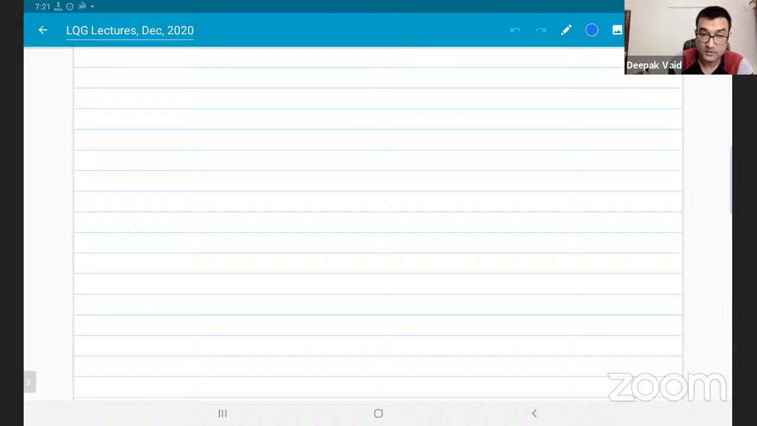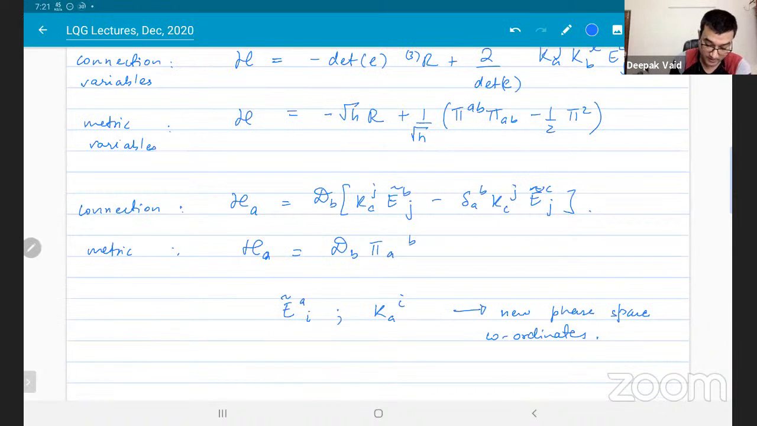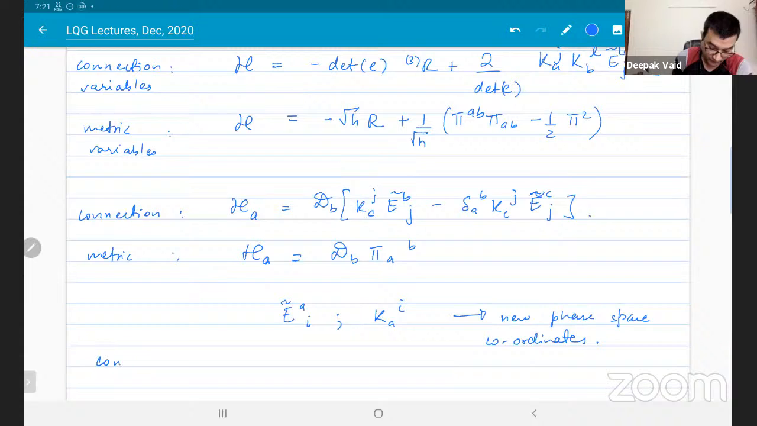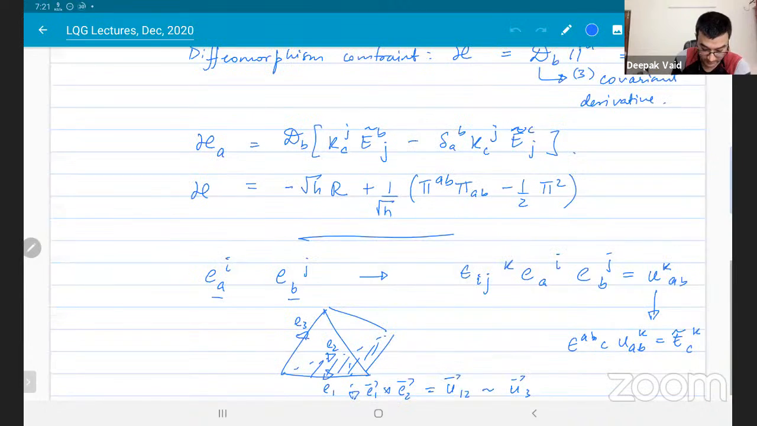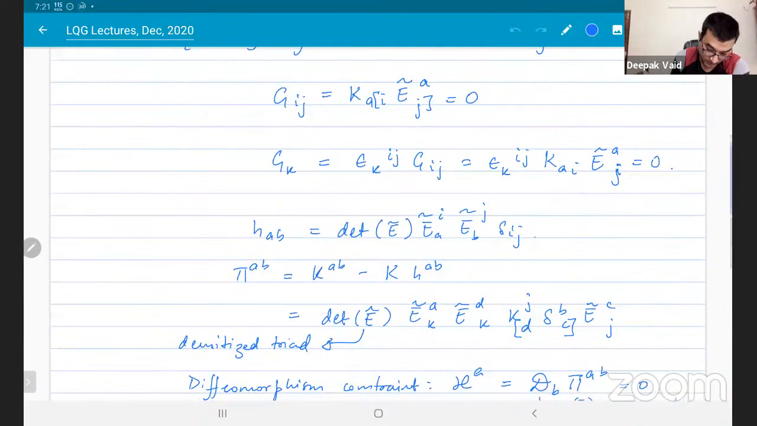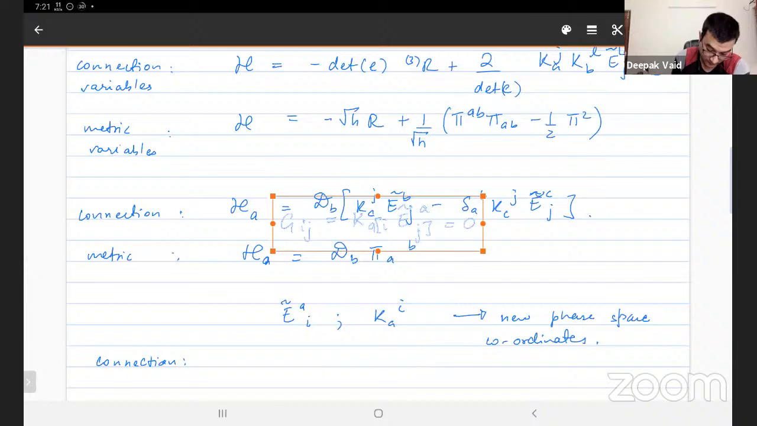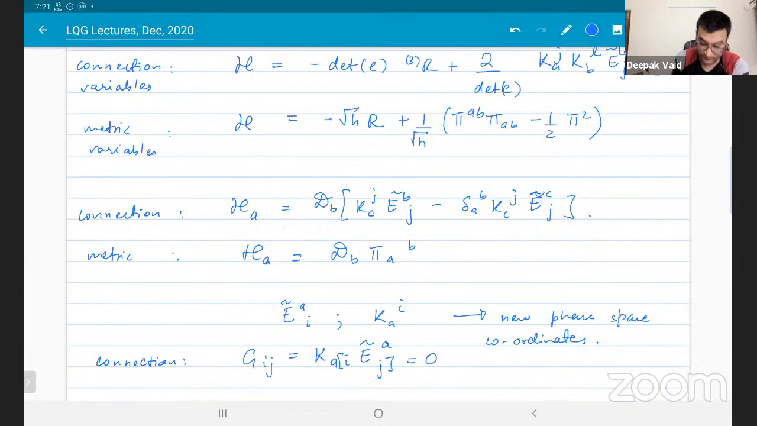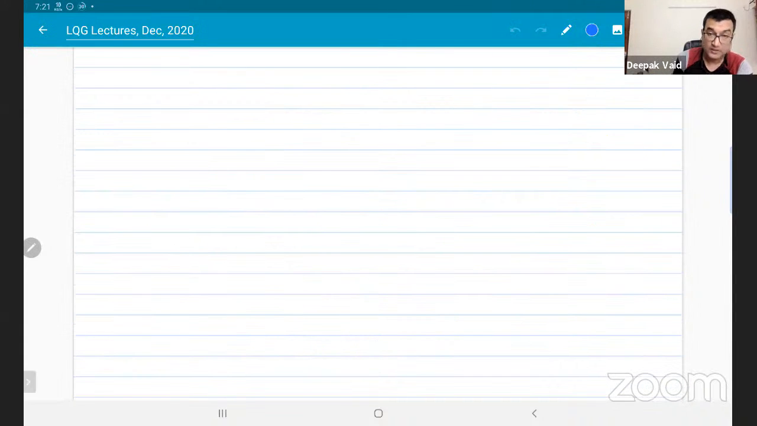Now, the magic, so to speak, arises from, and then you have a third constraint, which is not present in the metric formulation, which is this Gauss constraint. Where is that Gauss constraint? So what changes is the fact that, so now